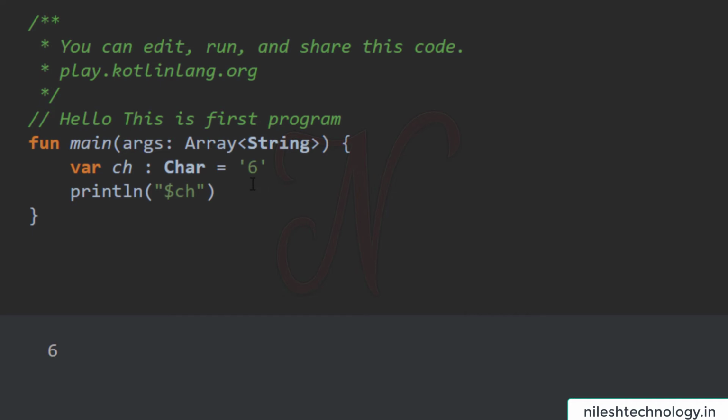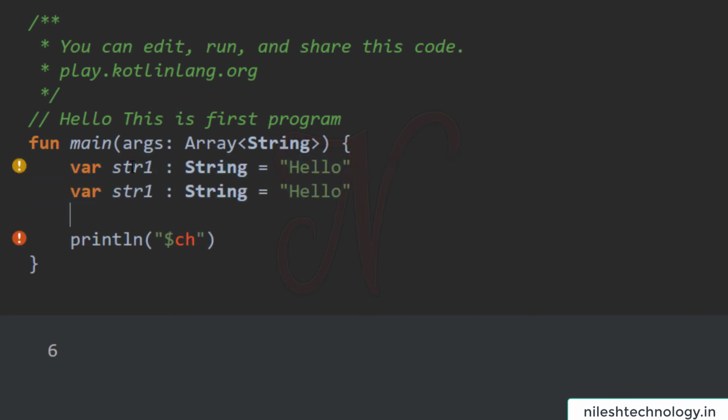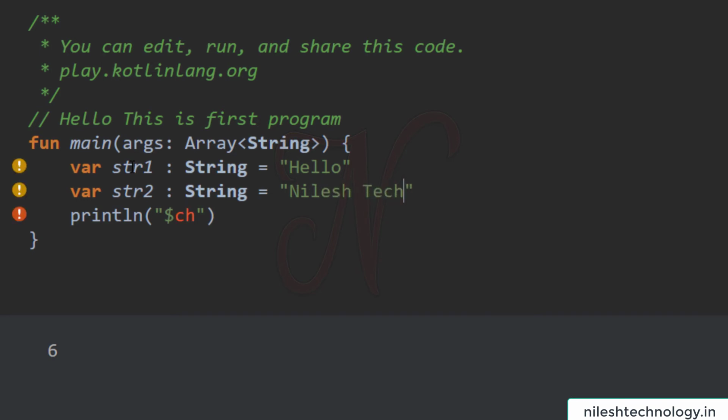So see the first example, where for example str1 colon is equal to String, and here we assign one string in double quotes, hello. Again, the second variable, for example, this is your second string, where str2 is a String, "Nilesh\n technology".